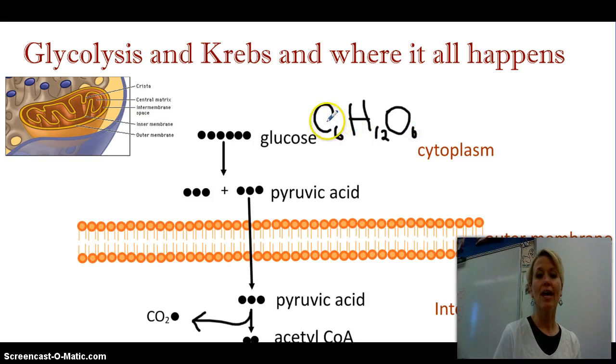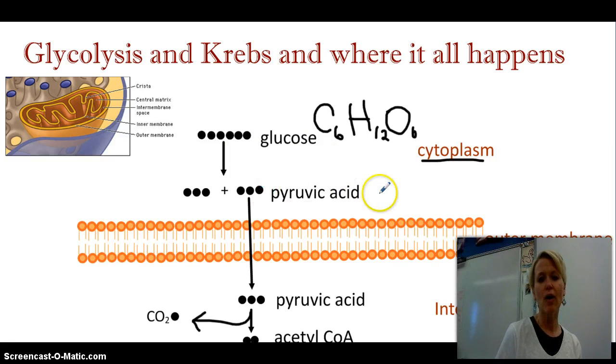Alright, so we need 6 carbons to make a glucose molecule. So we're just going to put them in a row so it's easy to see. It's not actually how they appear. So in glycolysis, we haven't made it into the mitochondria yet. So glycolysis happens in the cytoplasm. We break that glucose molecule in